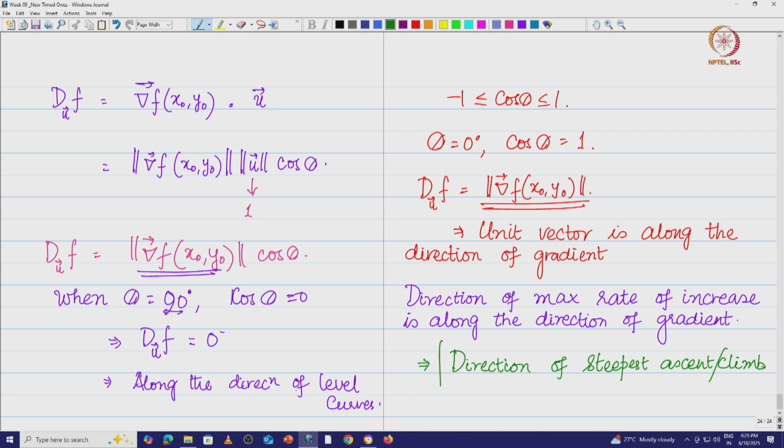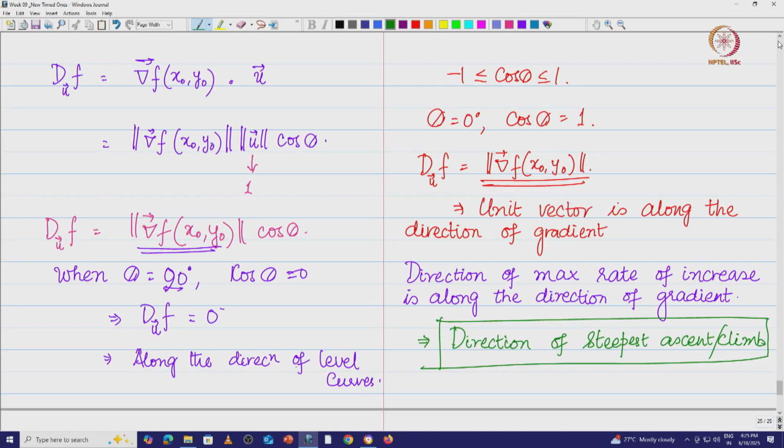That means that is the direction in which you are going to have the steepest climb, 90 degrees that you are going to get. Now, you can look at a very interesting example: a staircase, where along every step the height is going to remain the same. Therefore, in the direction of the level curve we have no change in the function. The steepest change happens at 90 degrees to that. That corresponds to your gradient definition, the direction of the gradient.